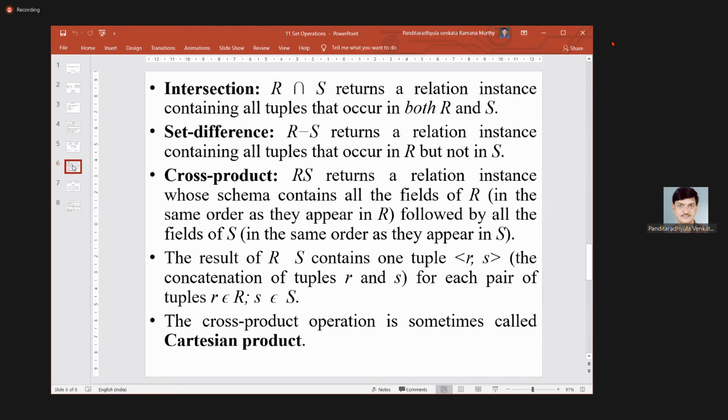The resulting table contains tuples in the form of R comma S. What is the meaning of R comma S? Each tuple contains all fields from the relation R followed by all fields from the relation S.